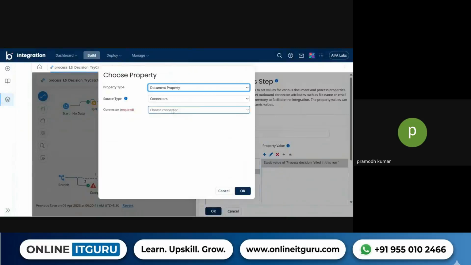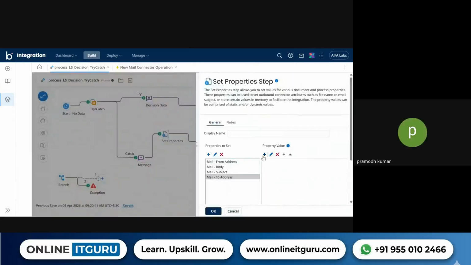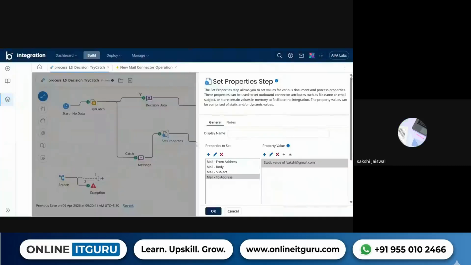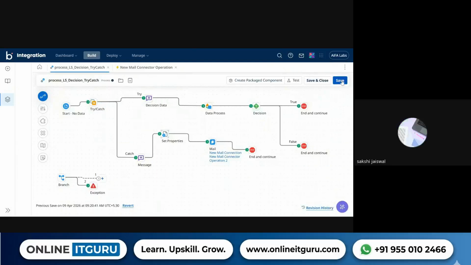Now you should have a to address also, right? Subject. Okay. To address. Here we can put any address, suppose Sakshi. See, from, body, subject, to. So now, basically for sending an email, we need the mail connector and also the set properties shape. Exactly, and every time in the mail connector also,